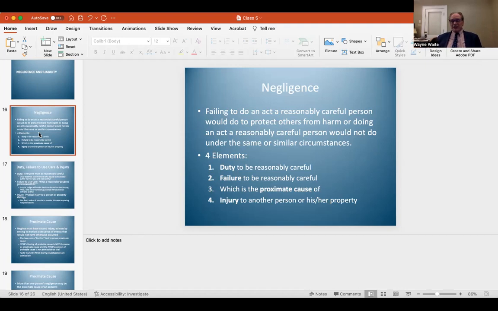So first question is, was there a duty? Did the doctor and the nurses and the hospital all owe a duty of reasonable care to me not to give me the wrong amount of medication? Yeah, there's a duty. Was there a breach of the duty? Yeah, they're not supposed to give me 3 times the amount of the morphine. Was there a proximate, well, first let's just jump to 4. Was there injury? What if I just smiled and slept better that night? Well, there'd be a duty, there'd be a breach of the duty, but there'd be no resulting injury and therefore not a proximate cause.